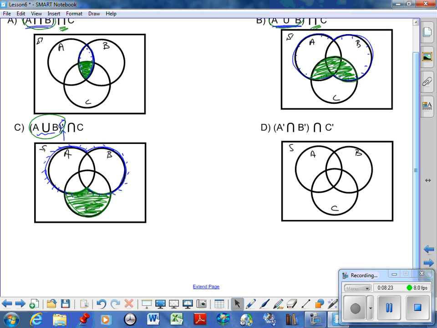A complement intersects with B complement. Well, let's take a look at what that would be. I'm going to use two different colors here. A is going to be in blue. A complement is outside, so it's like drawing a sun, except in blue. B complement's going to be in green. Now, if I was to find where they intersect these colors, what I would find is